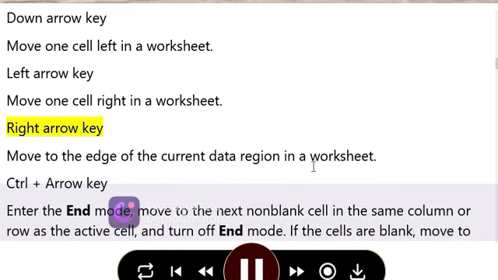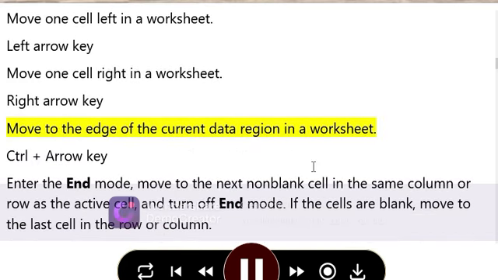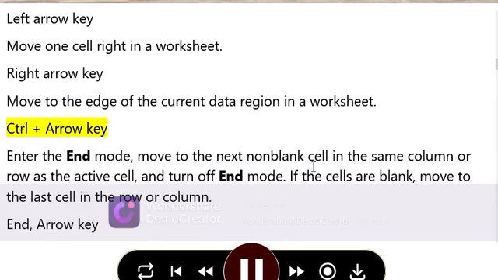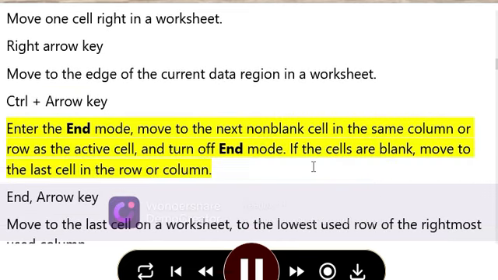Move one cell right in a worksheet, Right arrow key. Move to the edge of the current data region in a worksheet, Ctrl plus arrow key. Enter End mode, move to the next non-blank cell in the same column or row as the active cell, and turn off End mode. If the cells are blank, move to the last cell in the row or column,